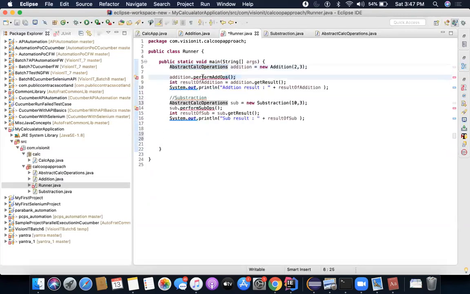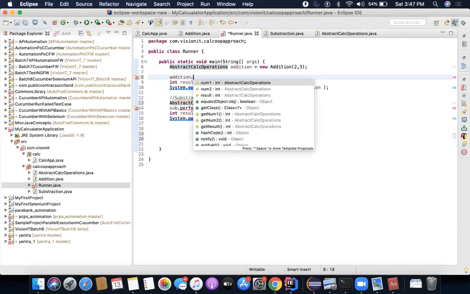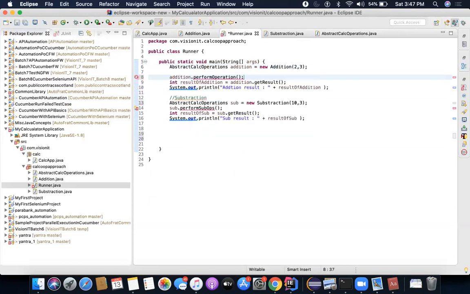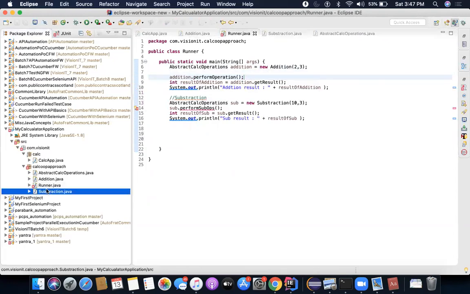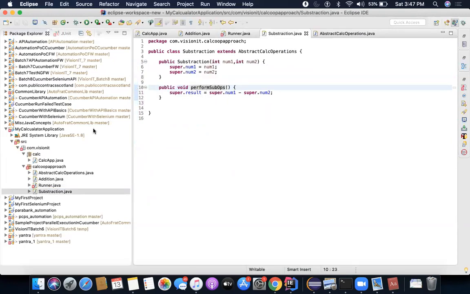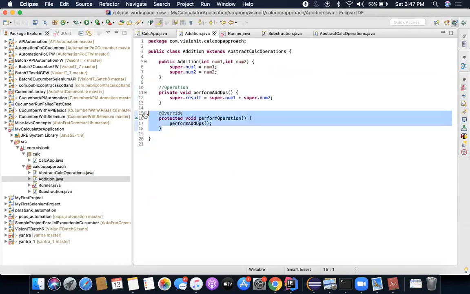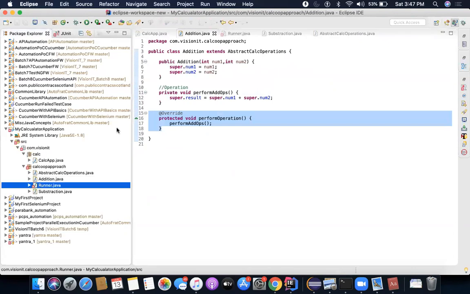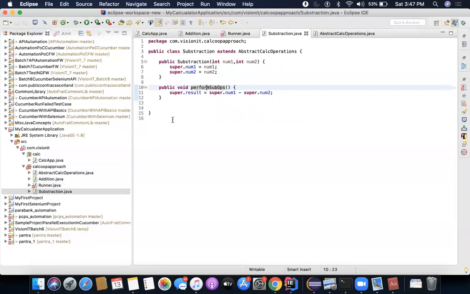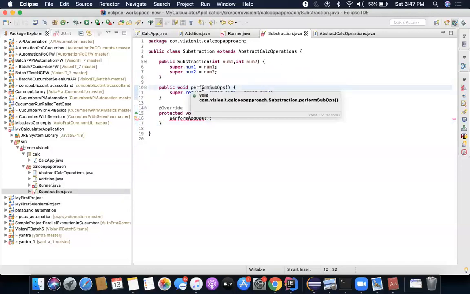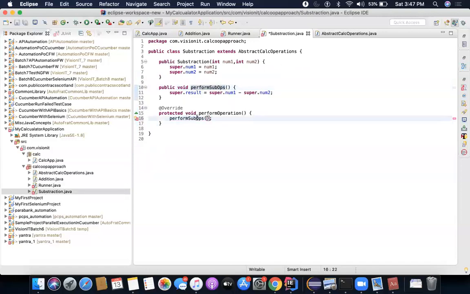I will go here inside addition and call addition dot perform operation. Okay. Same thing I will do inside subtraction, because the same method is being called here. So I will just override this inside subtraction like this, and I will call perform subops, which is like this. Okay, and I will make this private.